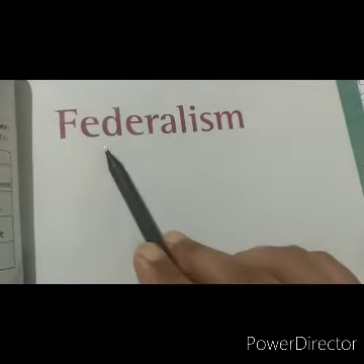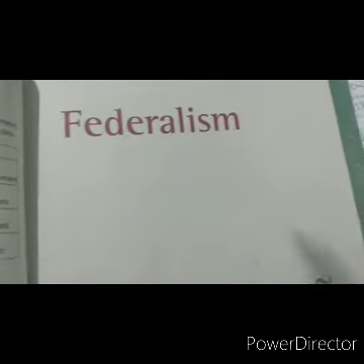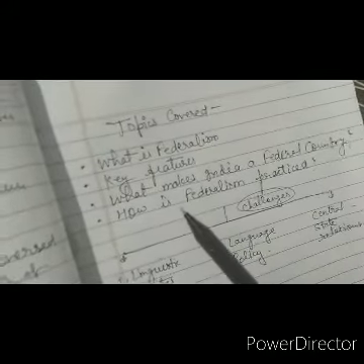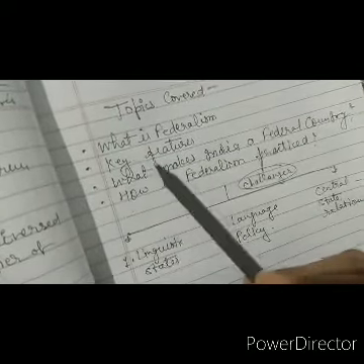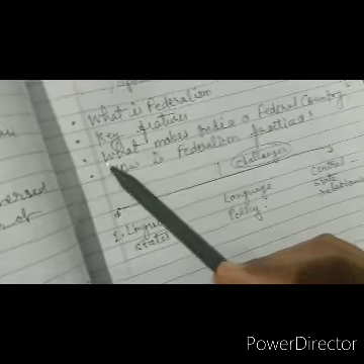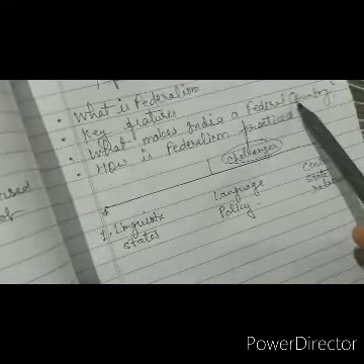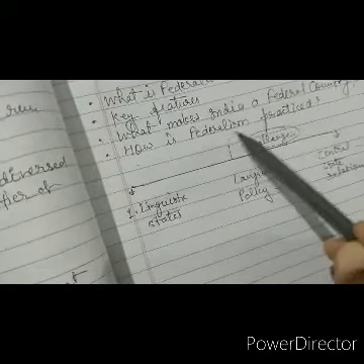This is the second chapter of civics, federalism. So let us have a look at the topics which we have covered. There were many topics that we have completed so far. First was what is federalism, and the second topic was key features of federalism. The third topic that we have completed is what makes India a federal country, and the fourth topic is how is federalism